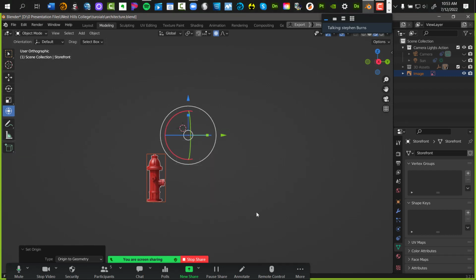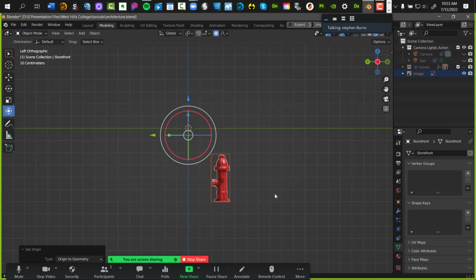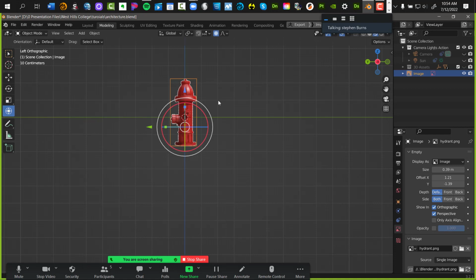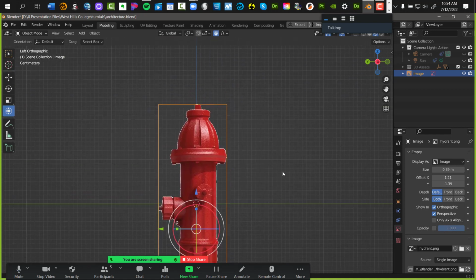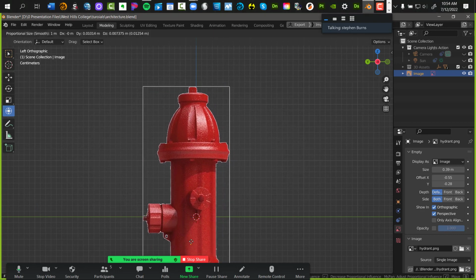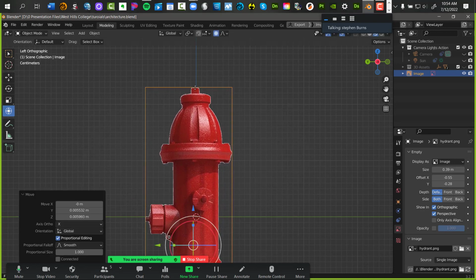Let's do control. There we go. And I'm going to click on the object. I'm going to just place it right up here in the center. And if I zoom in close, just do your best to center it so that the z-axis is going to go dead center around.